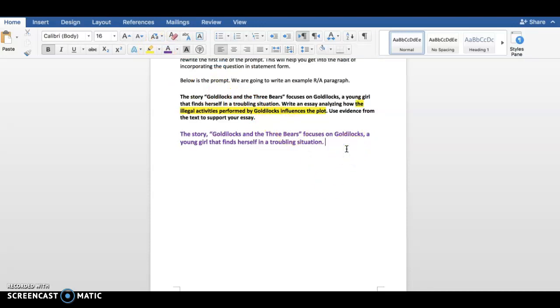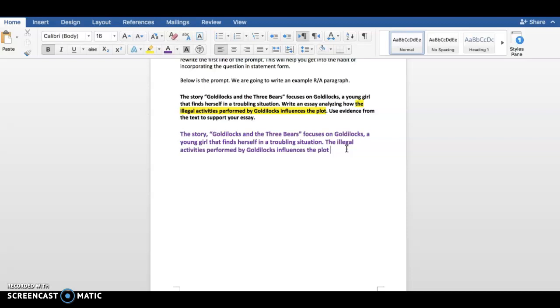So the illegal activities performed by Goldilocks influences the plot. And here we need to add our answer, okay? How it actually influences the plot.